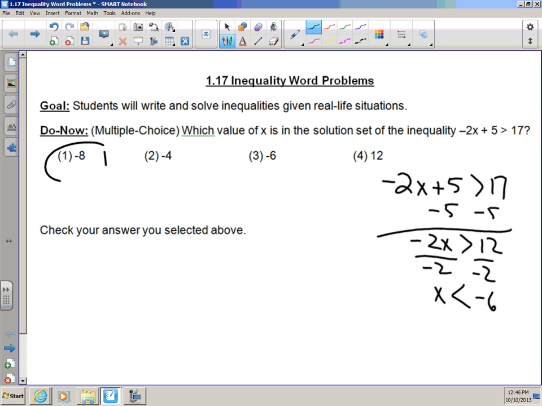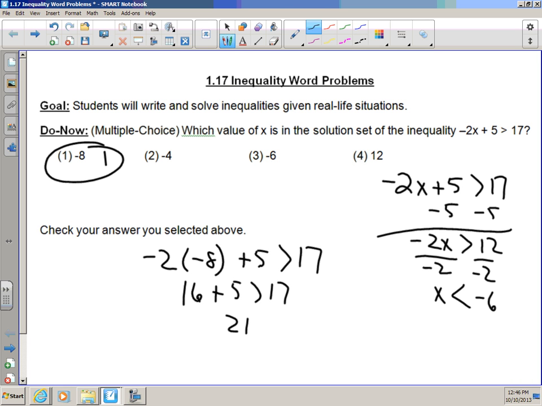Looking at our answers, we see that number 1 is the correct answer. 3 is not correct because negative 6 is not less than negative 6. It's equal to it. How would I check my answer? I would substitute in negative 8 in place of x. I get 16 plus 5 is greater than 17, and we see that I have a correct statement. Now,